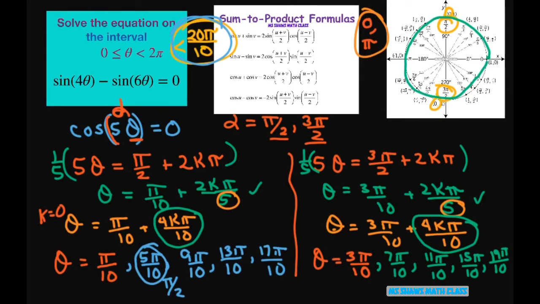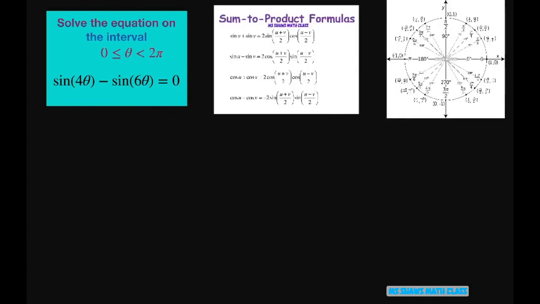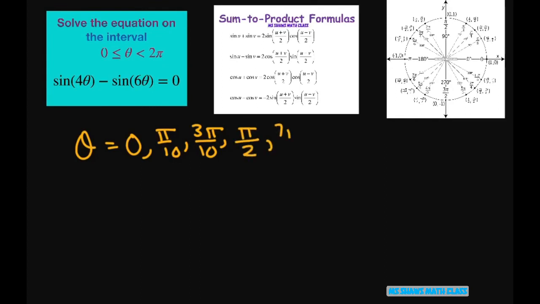If I write them all out, I'm going to simplify, this one can be reduced, and this one, and then I'm going to write these two. I'm going to write all the solutions down for you, because there's no room here. So all your solutions are going to equal, I'm going to go from least to greatest. You don't have to, but pi divided by 10, 3 pi divided by 10. This was 5 pi divided by 10, which can reduce to pi divided by 2, 7 pi divided by 10, 9 pi divided by 10, and then we had pi,